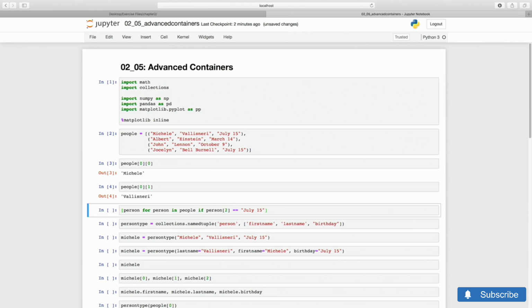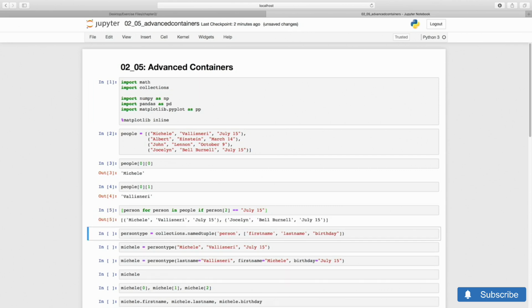This lets us write useful list comprehensions, for instance, to find all the people with a given birthday. We loop over every person in people, and for each we check if the third element of the tuple, index 2, is July 15. I share a birthday with a very famous astronomer, Jocelyn Bell Burnell. Field access by index means that we have to remember which is which, creating the potential for bugs, and certainly reducing the expressiveness of our code.